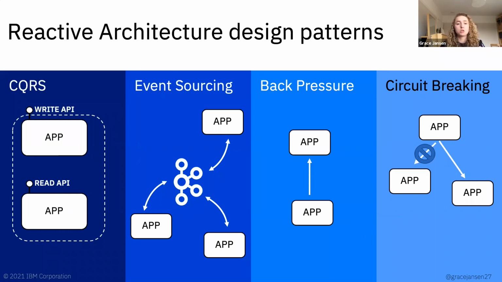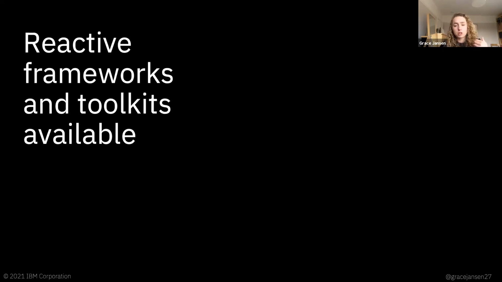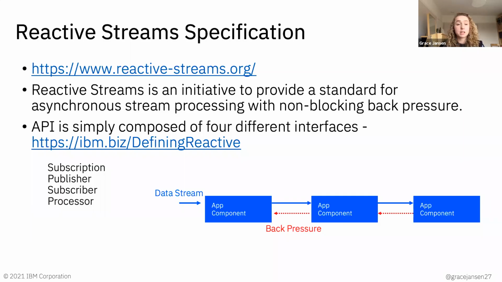So we can utilize reactive programming concepts and reactive architectural design when we're building our applications, so that we can build applications that are designed for the cloud and for this underlying infrastructure. What about actually utilizing tools, frameworks, and toolkits to create reactive applications? Well, there's the Reactive Streams Specification that I mentioned earlier. This is an open source initiative designed by the community to provide a standard for asynchronous stream processing with that important back pressure I mentioned as an important architectural pattern for reactive. It's composed of 4 different interfaces.